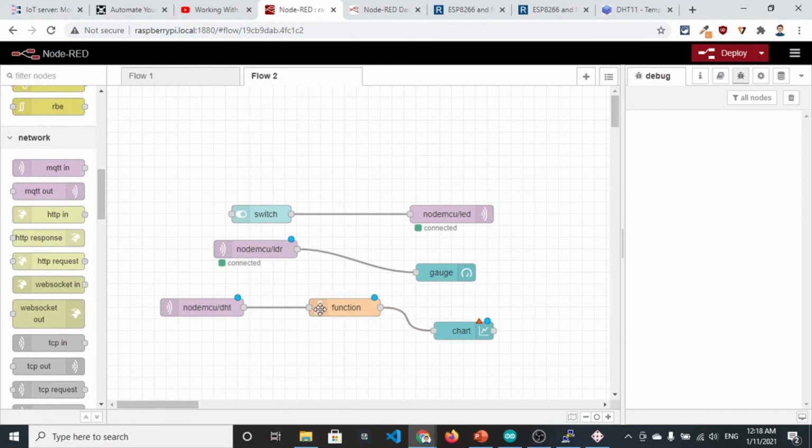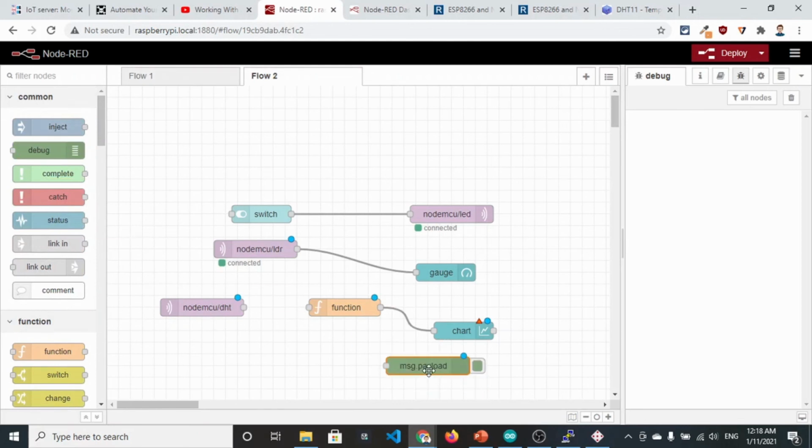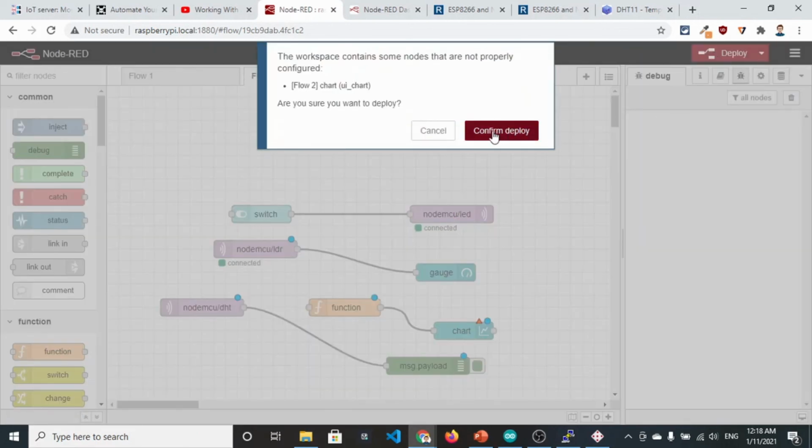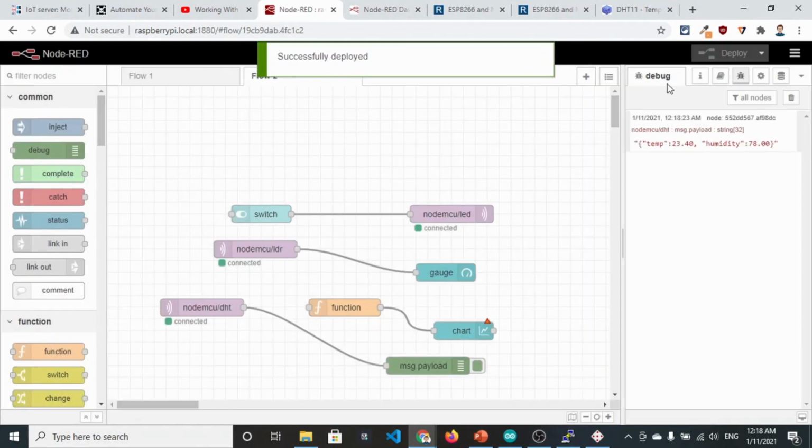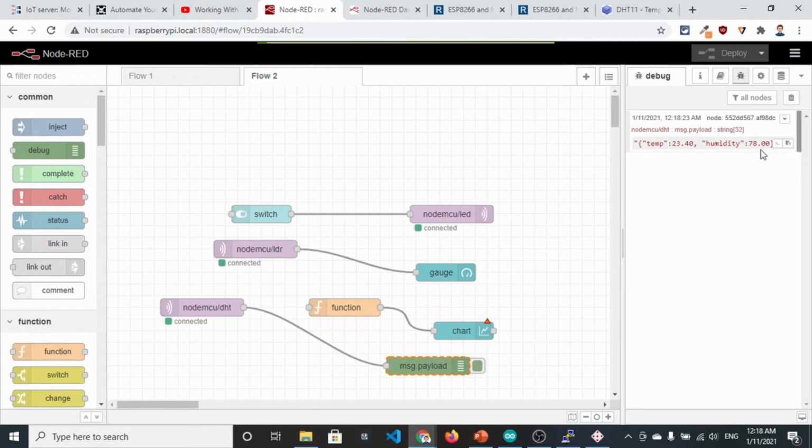If we want to know what data we are receiving from this topic, we can use this debug node and deploy it. And you can see 23.40, 78.00, this is the data which we are receiving.